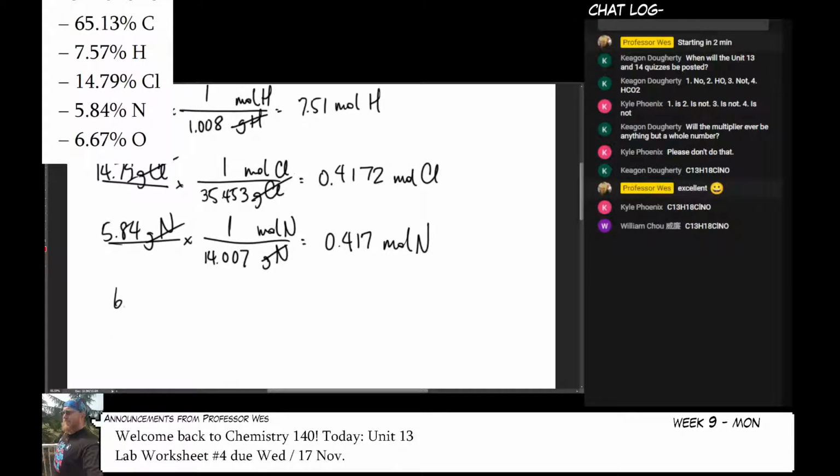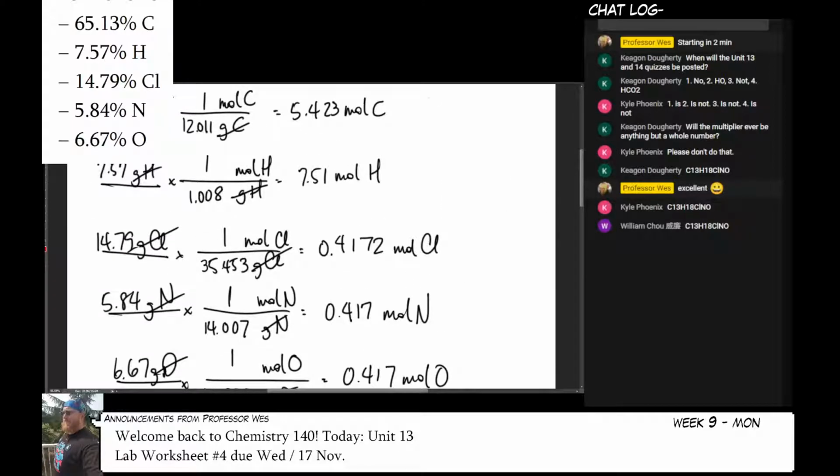And then for my oxygen, one mole is 15.999, and I get 0.417. So you'll notice there are a bunch of repeating numbers in there because those are all our ones in the equation here. So I'm going to take all of these numbers